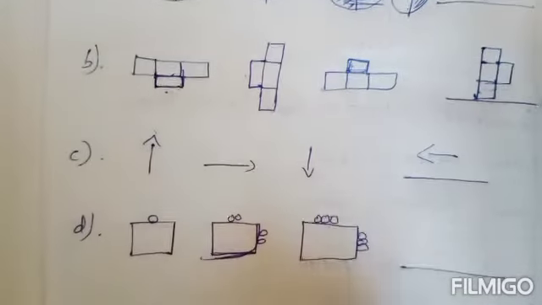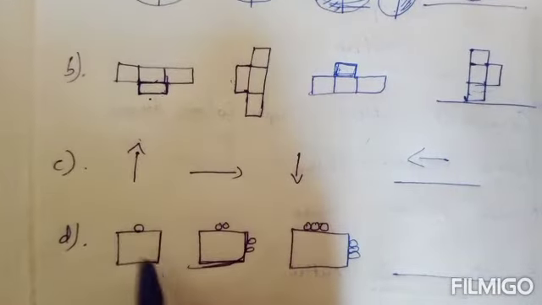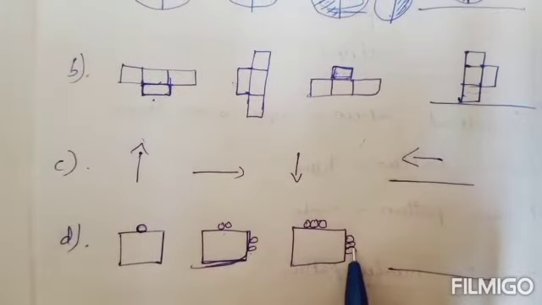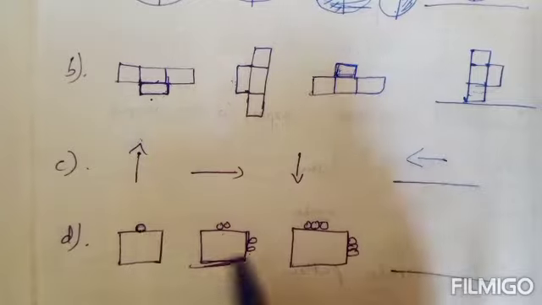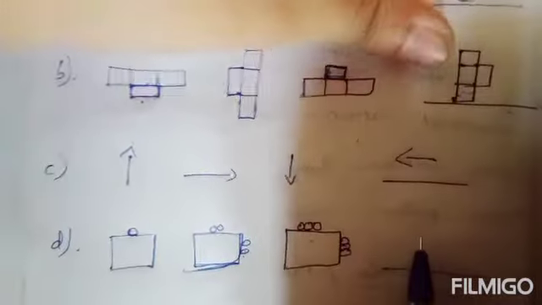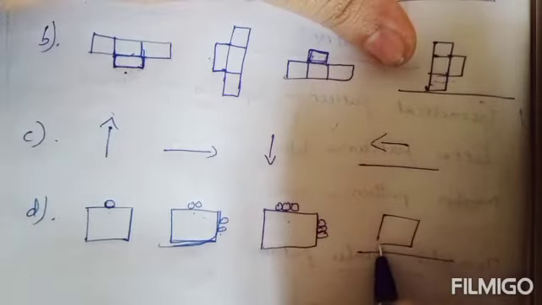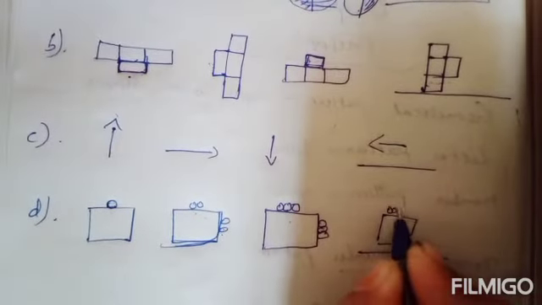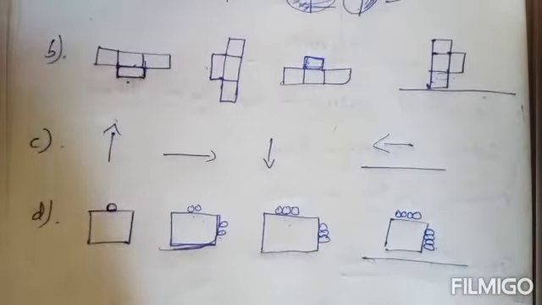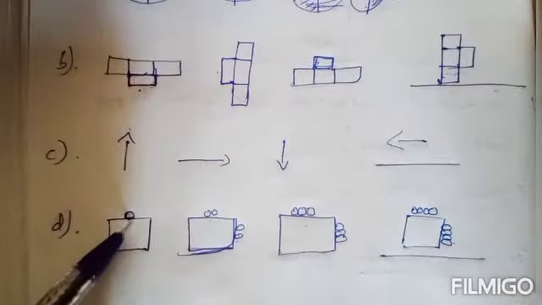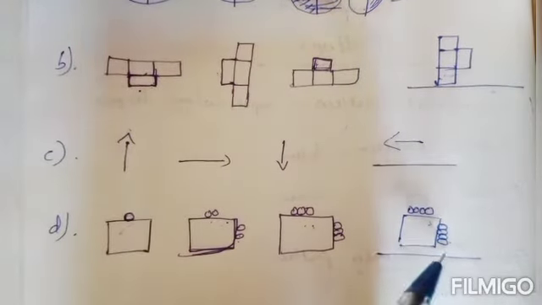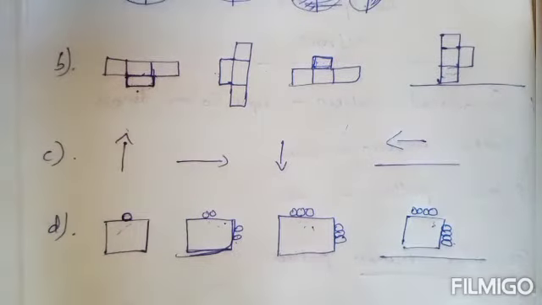Next D. Here only one circle, here 4 circles, here 9 circles. That is 1 into 1 is 1, 2 into 2 is 4, 3 into 3 is 9. Next in the 4th box it will be 16, 4 into 4 is 16. So you can draw one square. Now here it will be 4 circles, here also 4 circles. So 4 into 4 is 16. Next one it will be 5 into 5 is 25. It will go on like that.